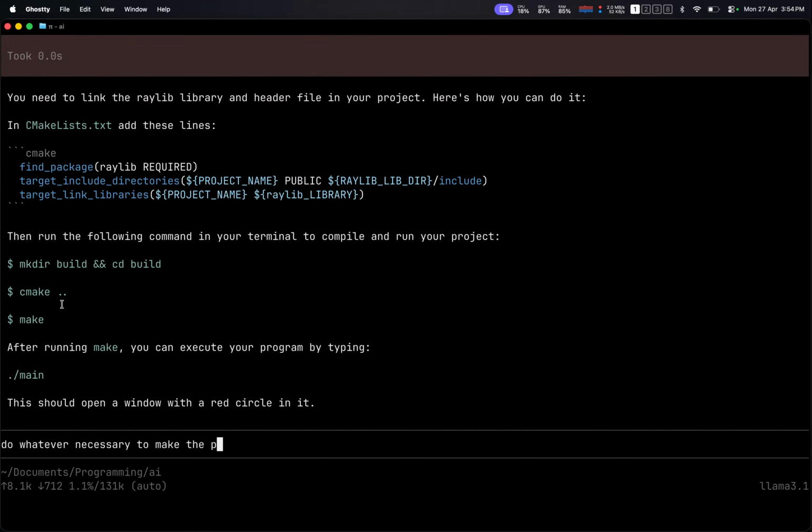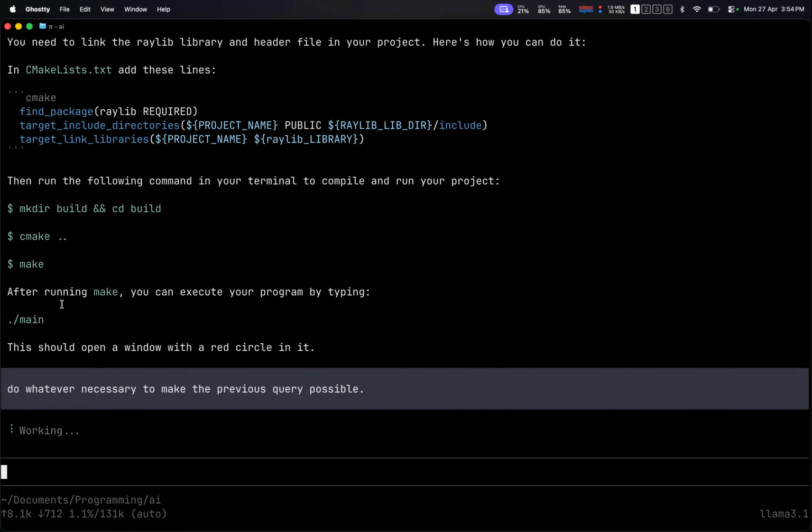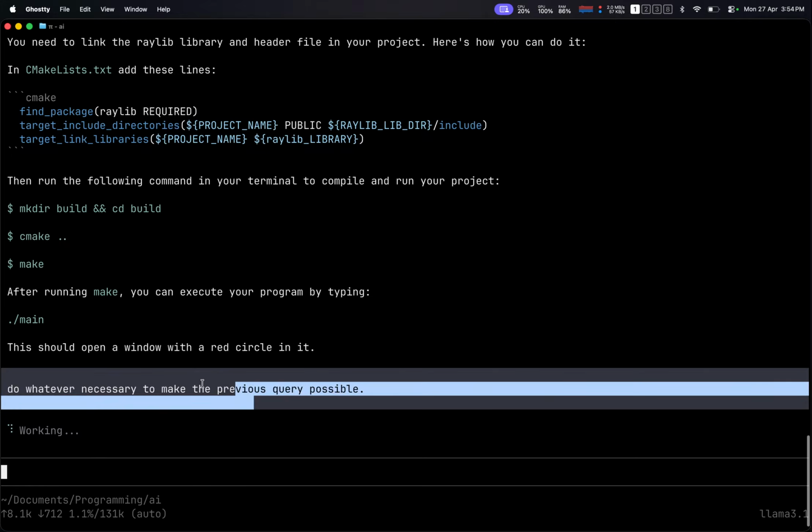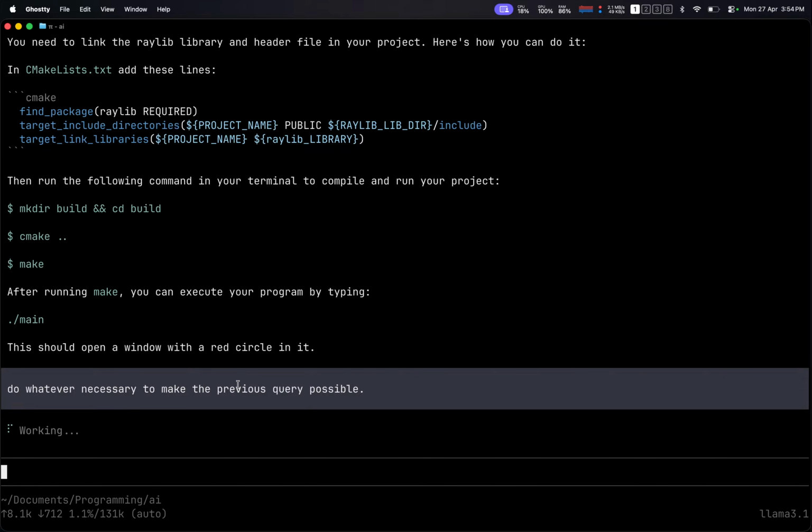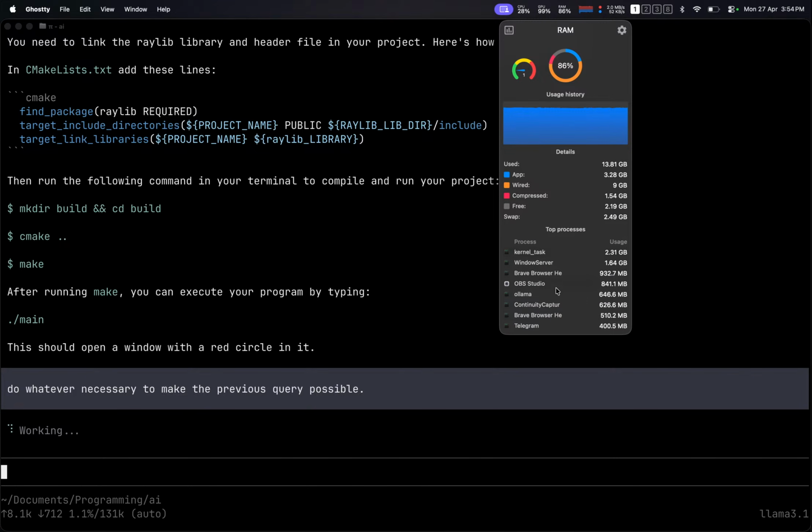Make the... possible, but just do not do rm -rf slash, but you can do anything else. Working. And this might be a limitation, or not might be, this actually is a limitation of the